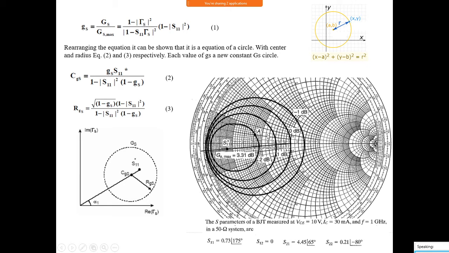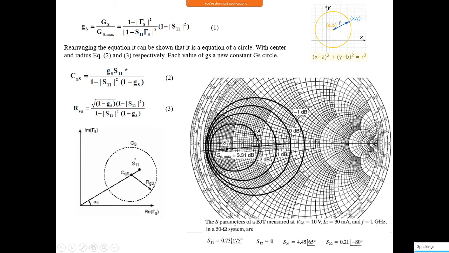For that value, this side value is equal to this value. Similarly, you take any value, even whatever value you substitute here. So all the values of impedance that lie over this circle, the 2 dB circle, this is called the 2 dB gain circle. Any value of impedance you take gives the right hand side equal to the left hand side. So you can choose any value over this.